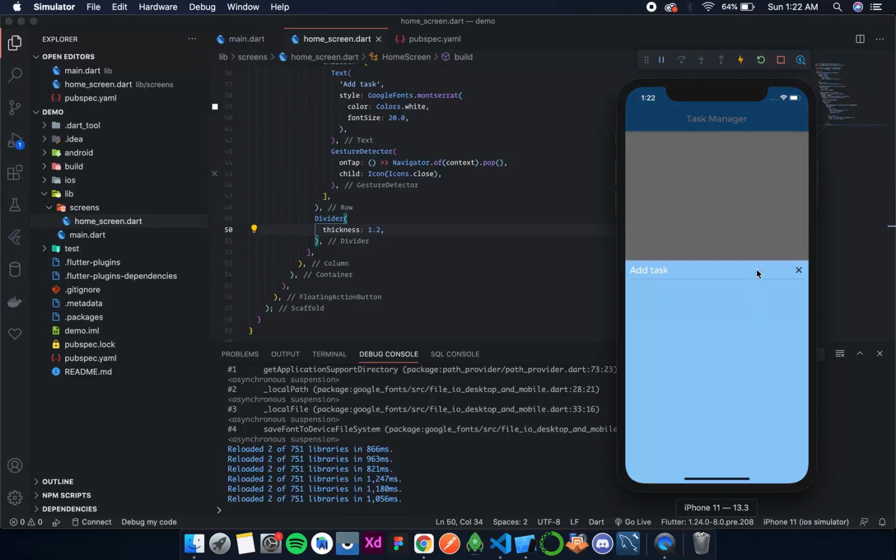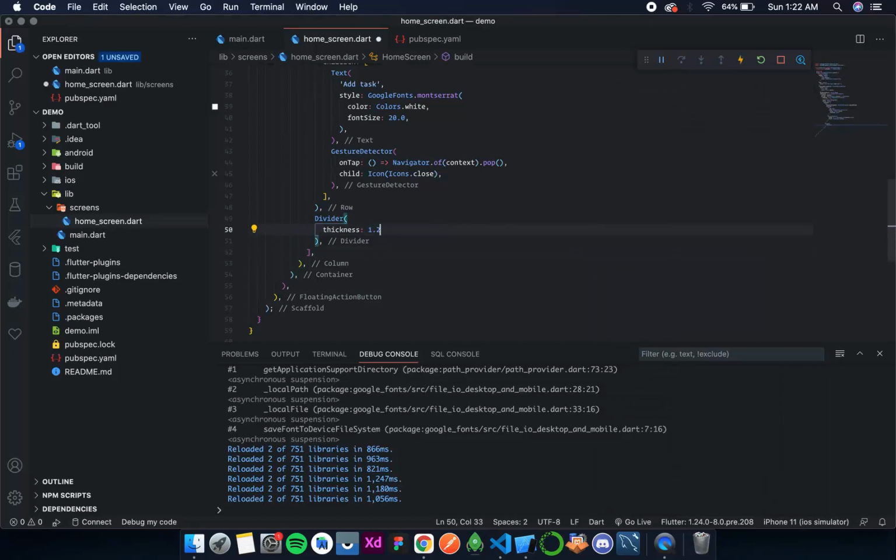Okay, so now it is a bit thicker and this looks fine. I will be subsequently upgrading the UIs and discussing it with you. For now this will do. Now I don't need a comma here since we only have one parameter inside that. That is a good practice actually, that if you have a single parameter you don't give a comma. If you have more than one parameter, you do give a comma. Okay, so this is done.